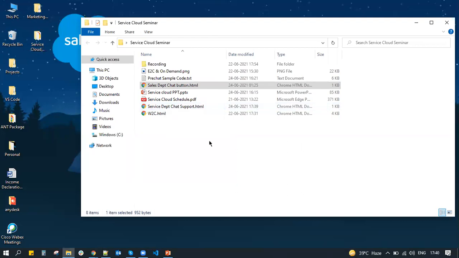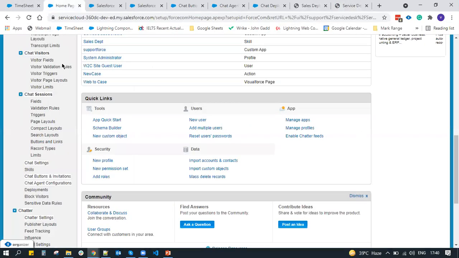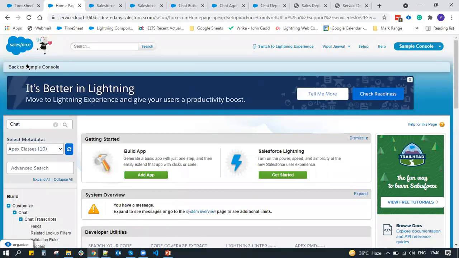Here you will see the type, or the extension of the file, is .html. So this should be the extension of the file, and then click on the file. It will open in Google Chrome. Go to your sample console application again.